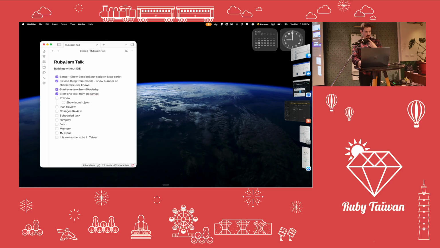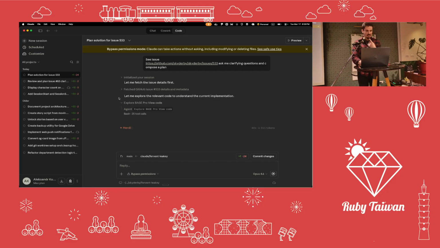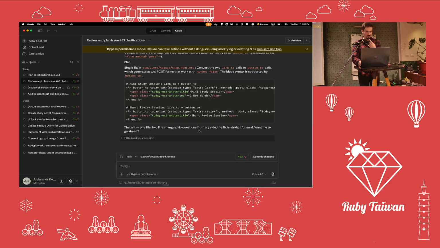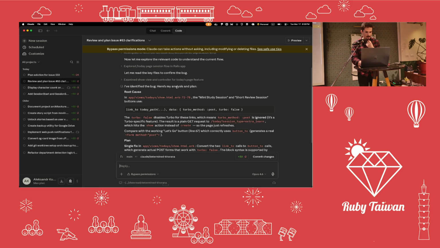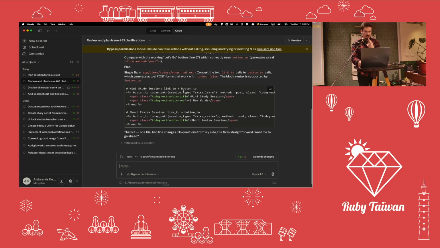Plans are not ready, so I cannot show you this for now, but I can show you a preview. Oh, look, it requires my attention. Look, it's ready. Identify the bug, plan: convert these two links to buttons, here. One line, one file, two changes, no questions. Yes, go ahead